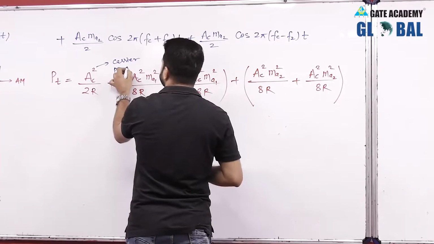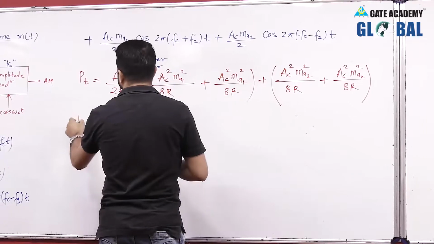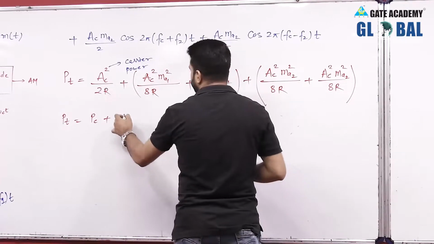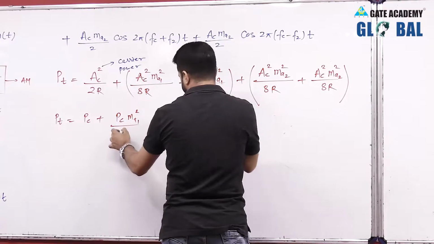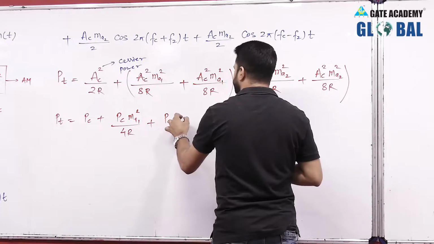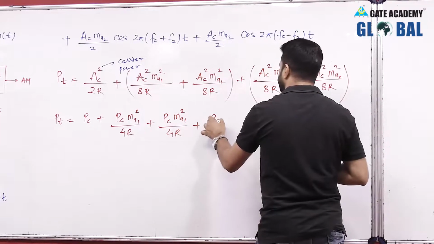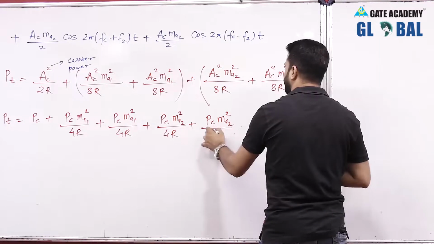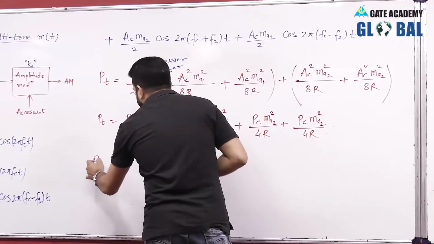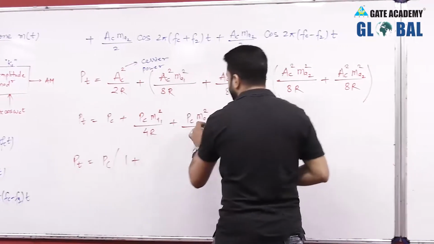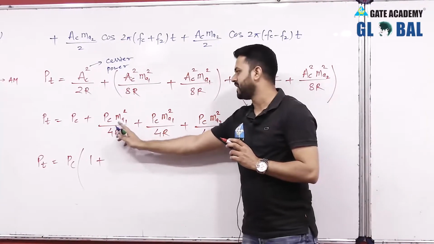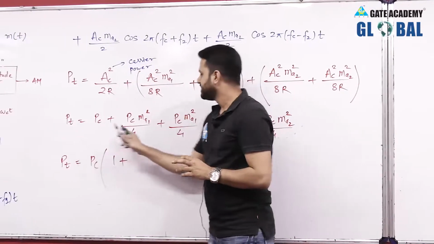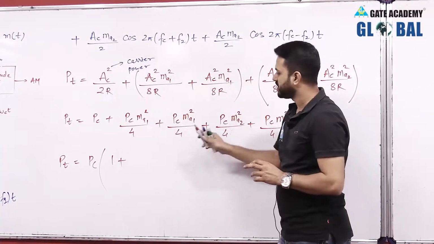So if we represent all the terms in terms of carrier power, then we will get Pt equal to Pc, means we are representing Ac square by 2 equal to Pc. So this is Pc, and this is Pc Ma1 square divided by 4 plus Pc Ma1 square divided by 4, plus Pc Ma2 square divided by 4, and this is Pc Ma2 square divided by 4. So if we add all this, we get Pc common, and there will not be R because we have considered it in Pc. Then Ma1 square by 4 plus Ma1 square by 4 is Ma1 square divided by 2,